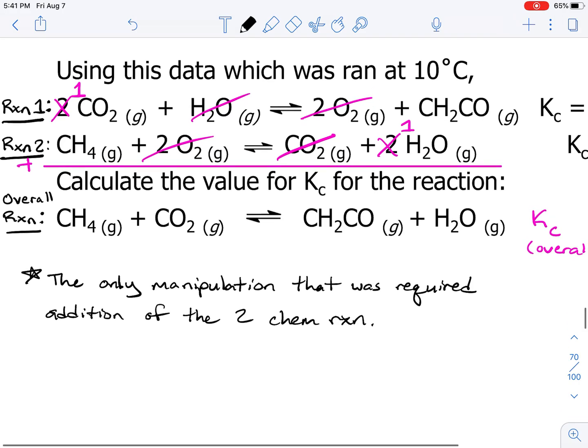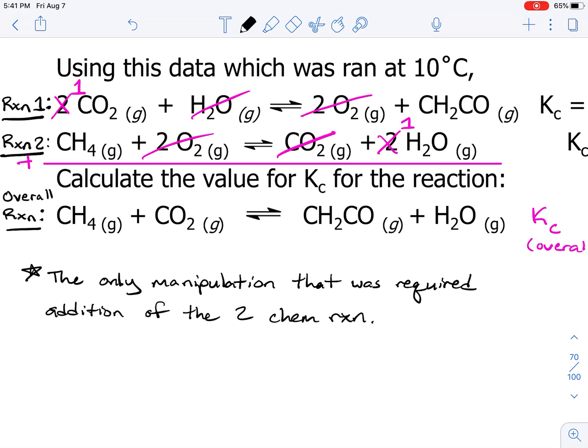Okay. And so since we're adding the two chemical reactions, what that means is that we must multiply